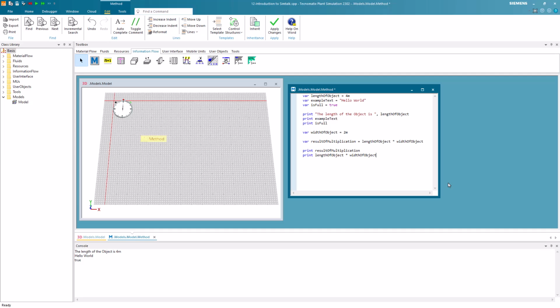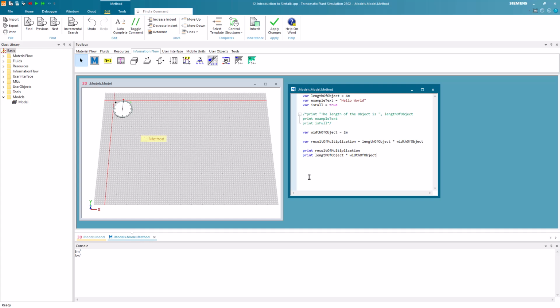Therefore, we can use toggle comment. In plain words, when using comments, you basically deactivate a piece of working code. So we comment out the 3 print statements above. To do so, we can select the 3 lines and click on Toggle Comment. Now all 3 lines are commented out. If you have a single line of code which you want to comment out, you can also simply insert 2 slashes. We then clear the console and run our code. As you can see now, just the wished print statements are executed.